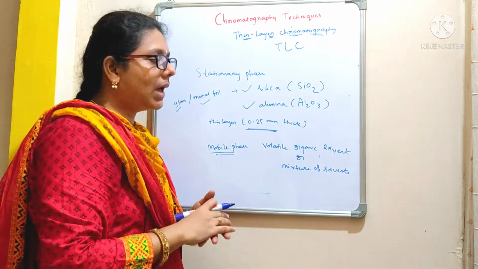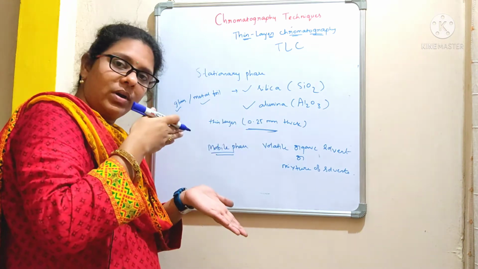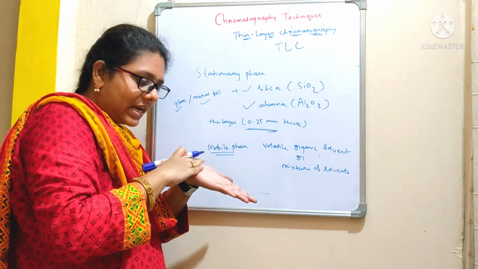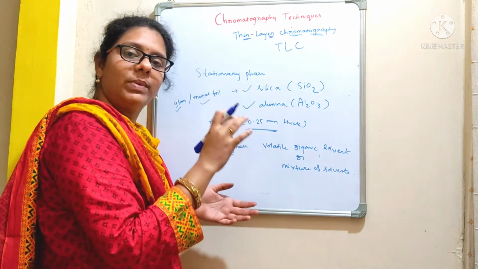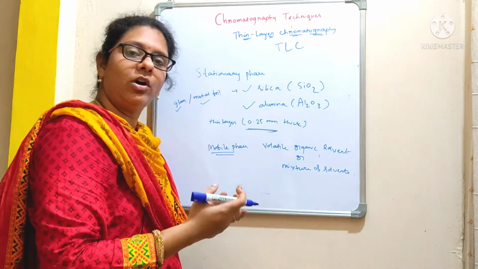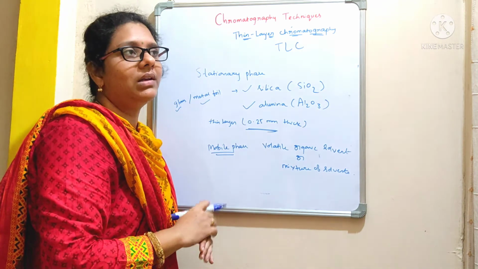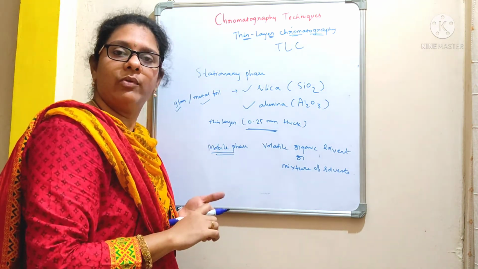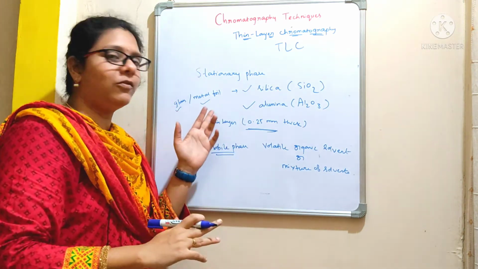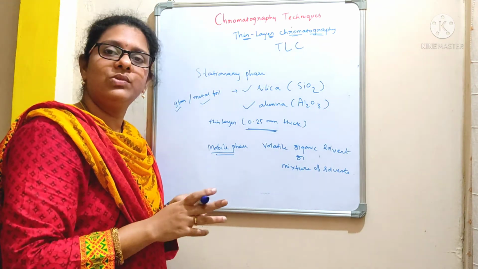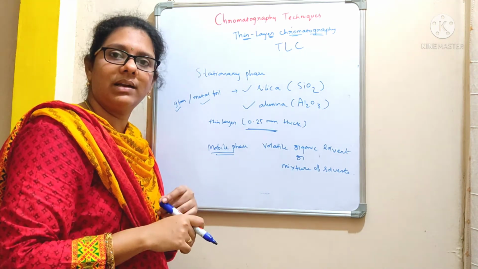If you prepare it in the lab, you can go with this method where you prepare a silica slurry, add it at the top of the glass slide, and spread it, and the thickness should be around 0.25 mm. If not, you can buy those silica sheets directly, which are commercially available. I think in a box you will get around 20 silica sheets finely coated onto a metal foil, and that box usually costs around 15,000 to 20,000. I think, I don't exactly remember.